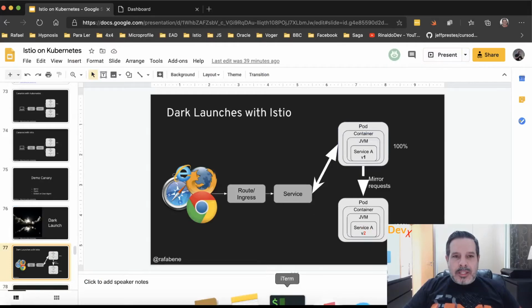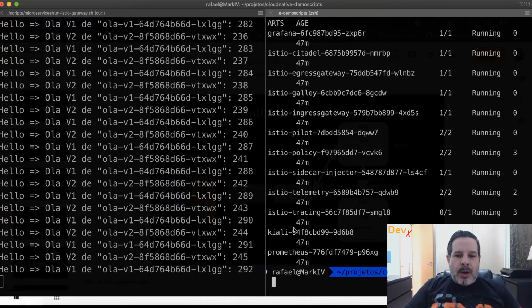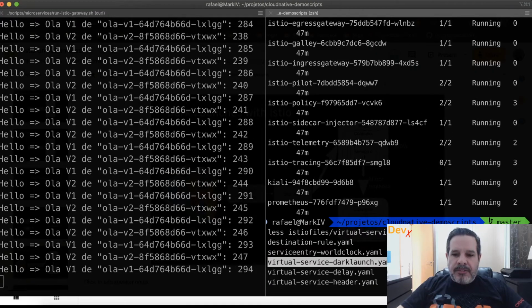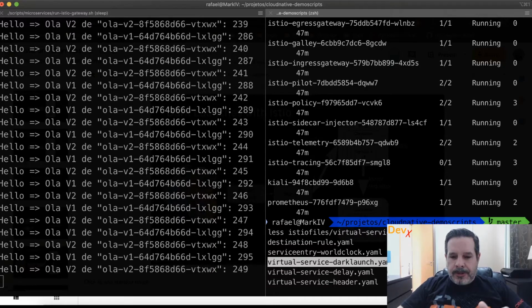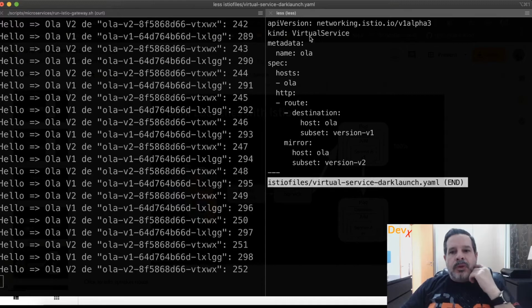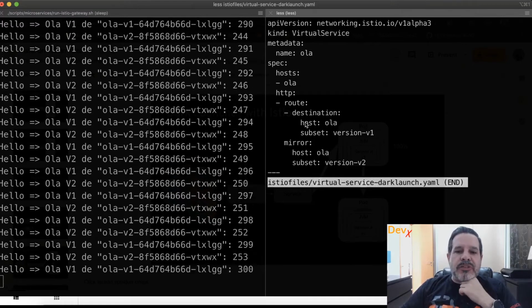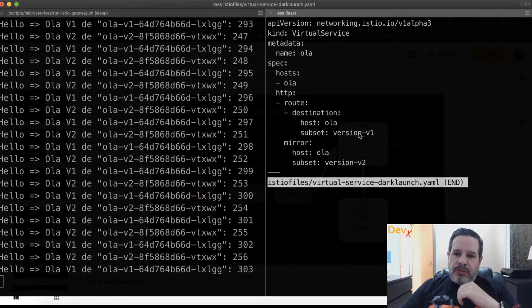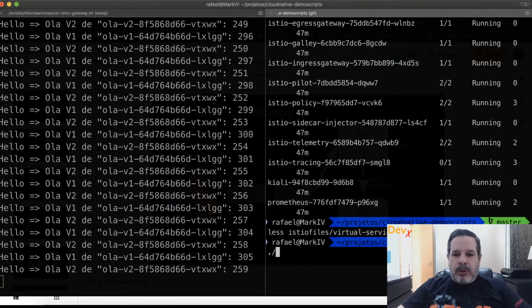In that case, instead of using Kiali, I will use a script that will load an Istio file. Let me show you the file. You can see here that it will create a virtual service where all requests go to V1, and V2 will receive a mirror request.